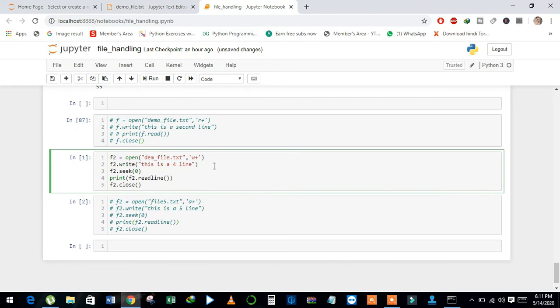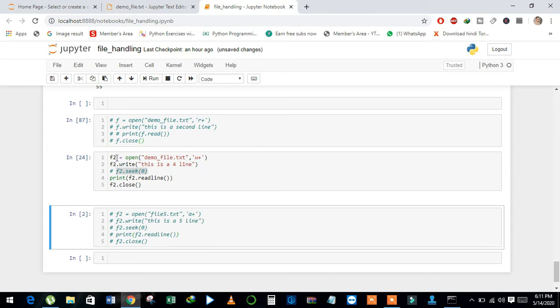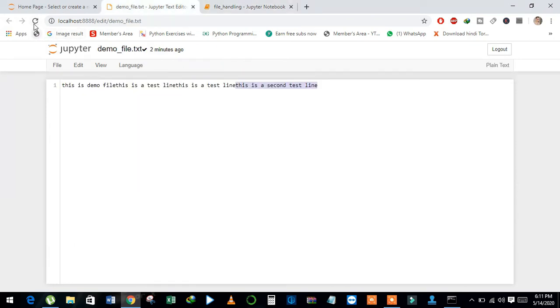I just open the file, that is demo, in W plus mode. In W plus mode we can write and also we can read the data. Look at the file. It just overwrites the previous data.